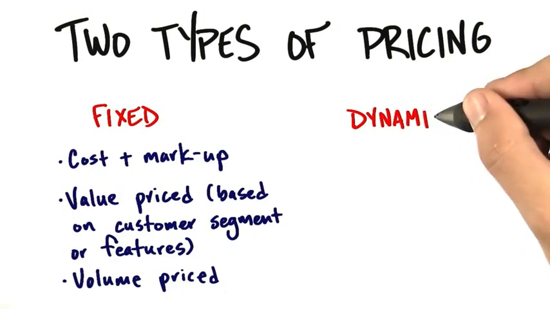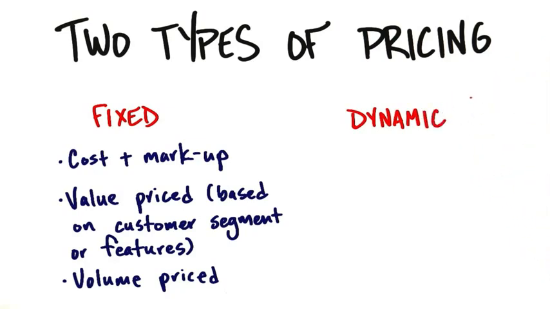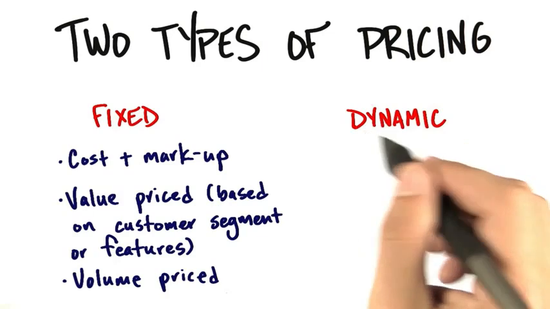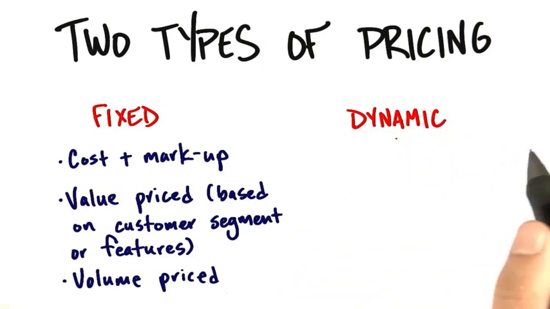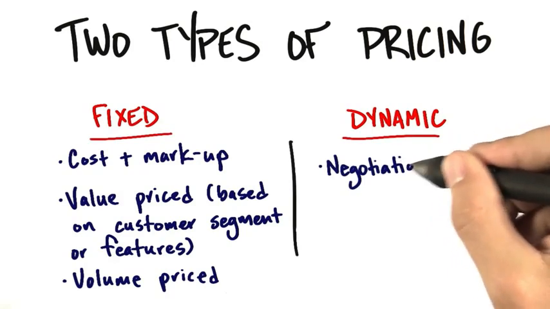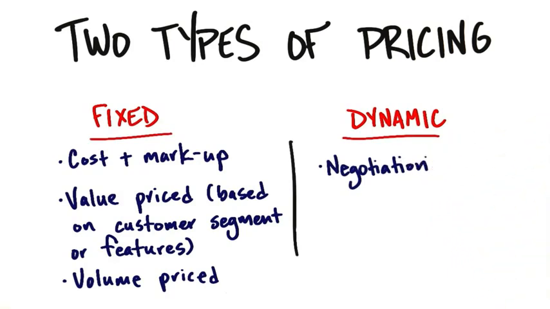But there's another type of pricing. That's dynamic pricing. And dynamic pricing is exactly what it sounds like. Dynamic means it moves. Well, how can you have prices that kind of move? I thought all pricing is written down on a piece of paper and never changes. Well, if you think about it, with pricing that you negotiate, yeah, we have this price on paper, but that's just the starting point of a conversation. So negotiated pricing is dynamic pricing. But airlines are a great example of another type of dynamic pricing, and that's called yield management.